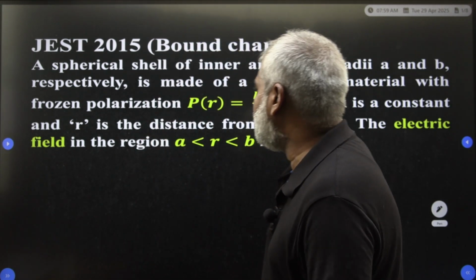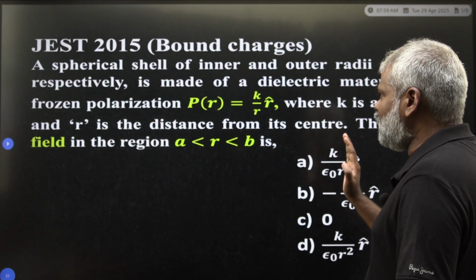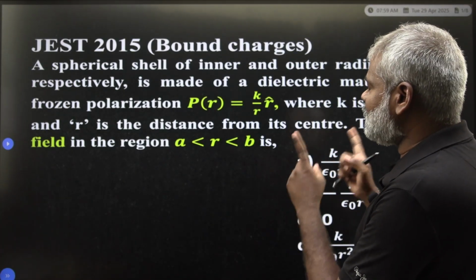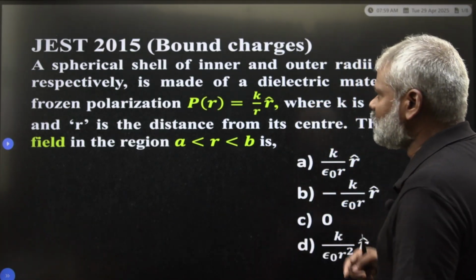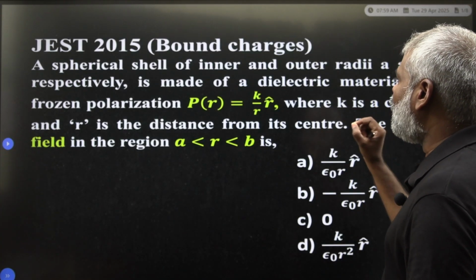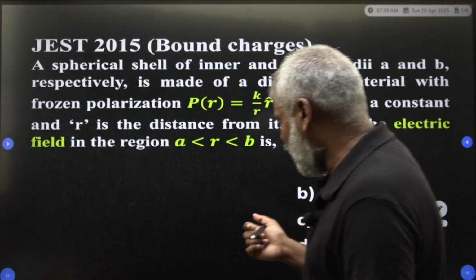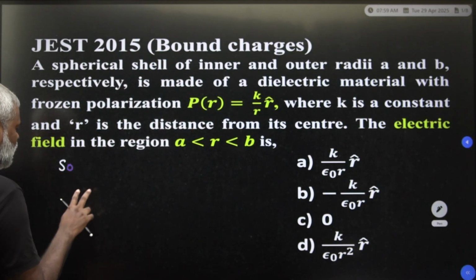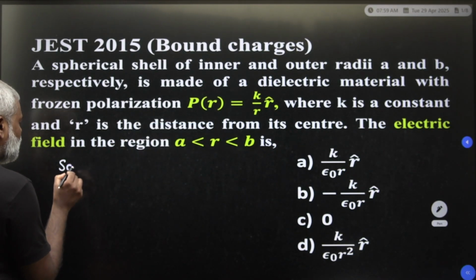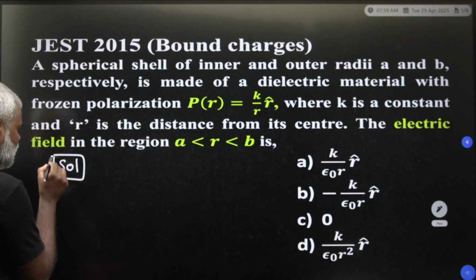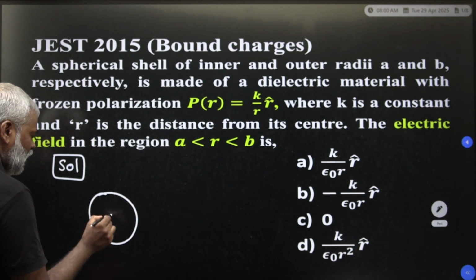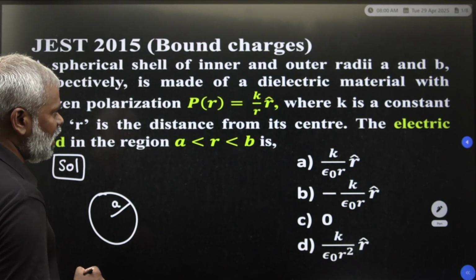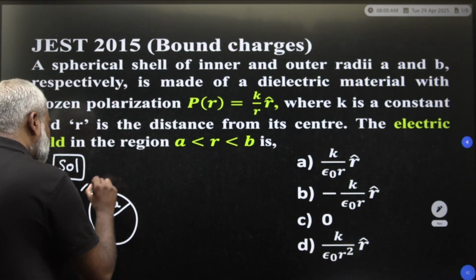In 2015 there was a question, and that question is a bound charges question. A spherical shell of inner and outer radii A and B. So, first you have to write the data. Whenever we take a problem, first we need to write the data. A spherical shell of inner radius A and outer radius B